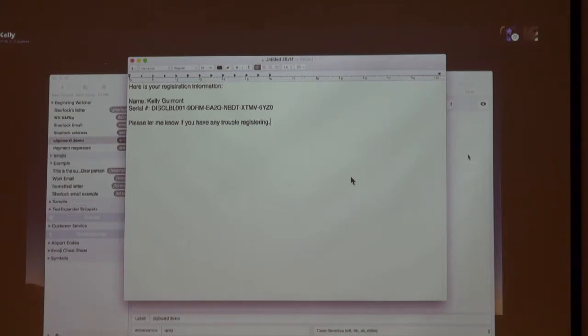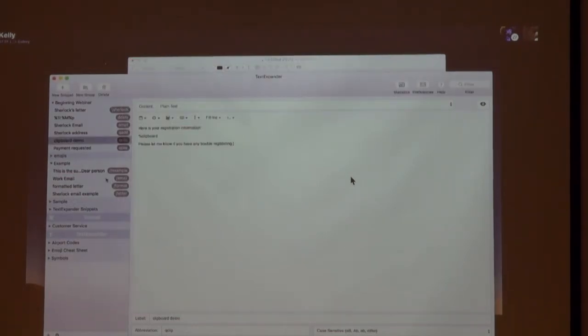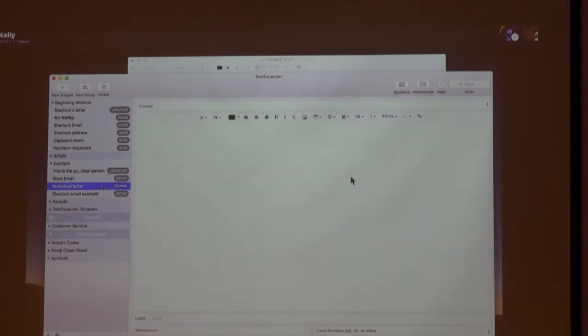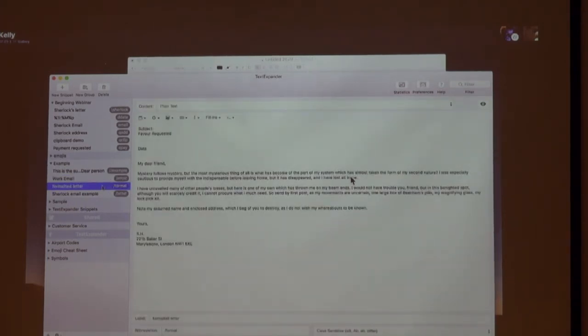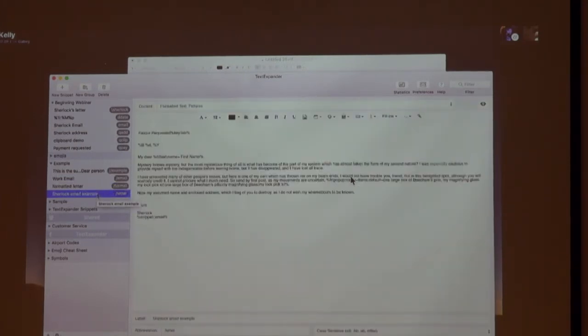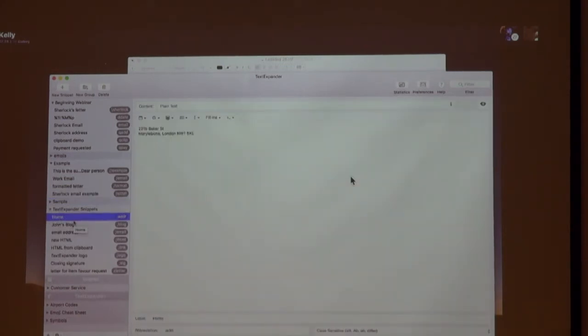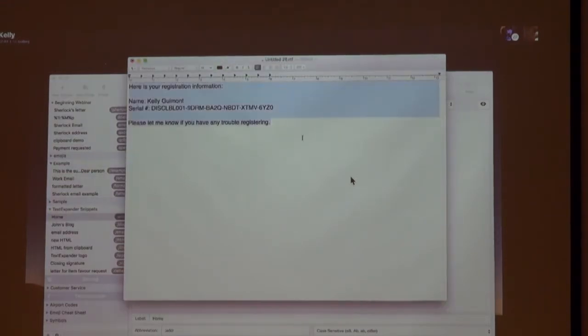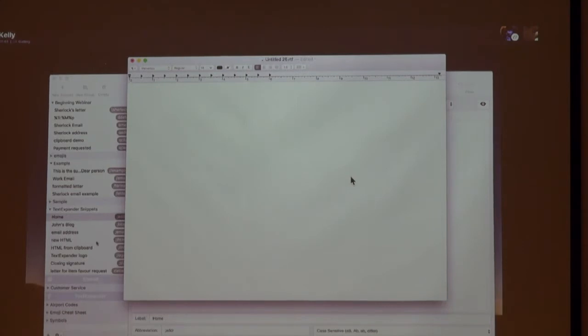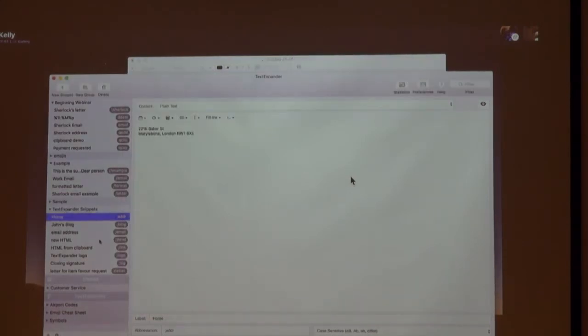Once you build whatever you want your snippet to look like, in here for example, once you have what your email is going to look like, you just hit home, because I'm reading the sidebar. You just use that snippet wherever you want to use it. So let's say that this was actually a blank email. Then I can type anything in here that I want to. So if I wanted